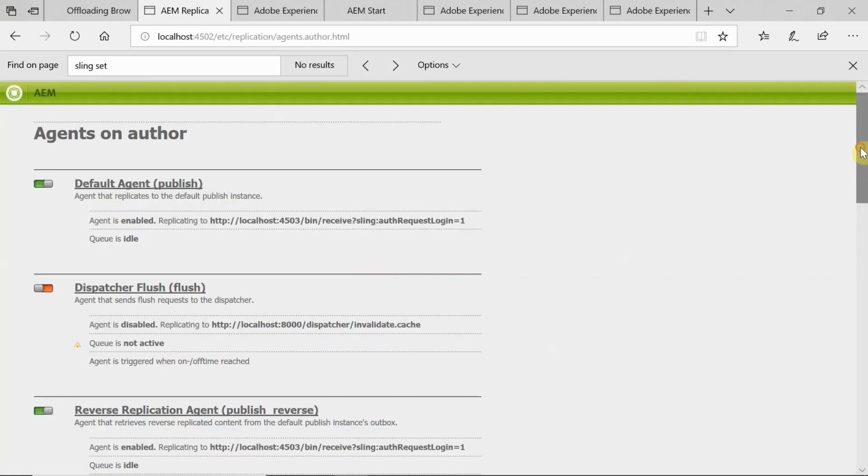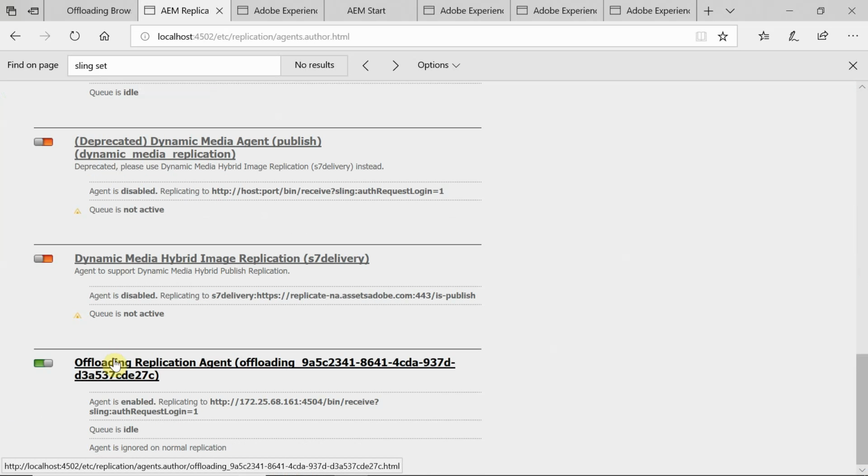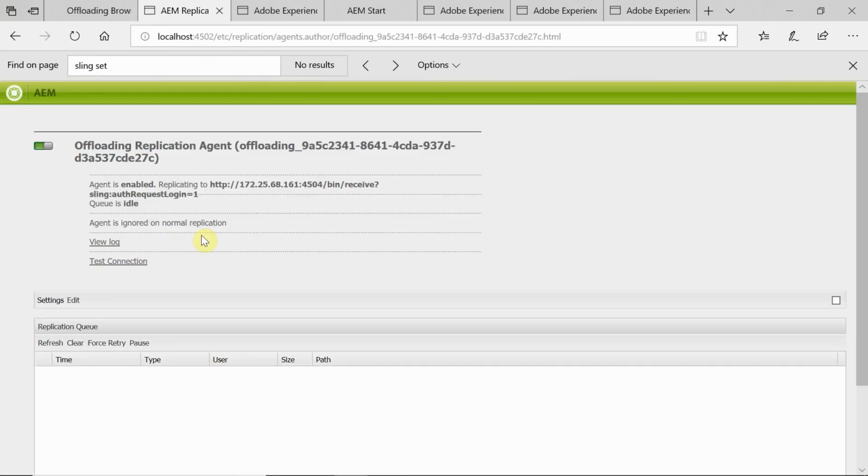If you come to the bottom, there is an agent with the name offloading underscore replication agent. Offloading underscore is the Sling ID of the worker, because this is the master. So in the master it is created with offloading underscore the worker Sling ID. Just click on this; this will replicate assets to the worker.